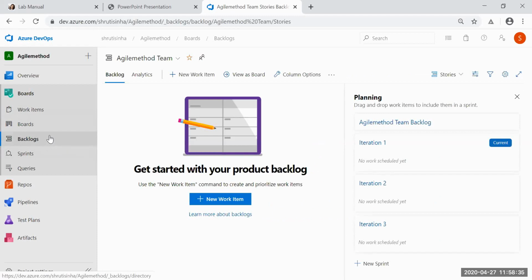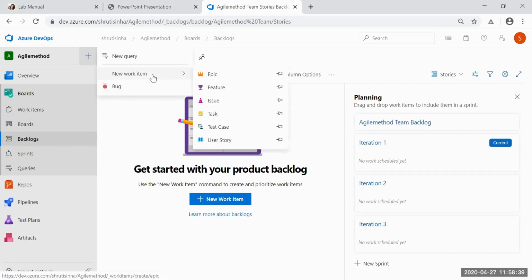So now this agile would have its own way. You see this many components they have. They have epic, issue and task along with feature, test case and user story. Epic, issue and task we know. And then you see bug is separate. Bug is something that someone reported, that this feature is missing.